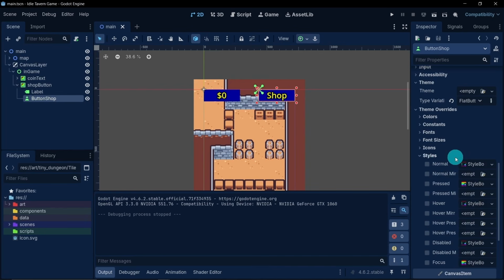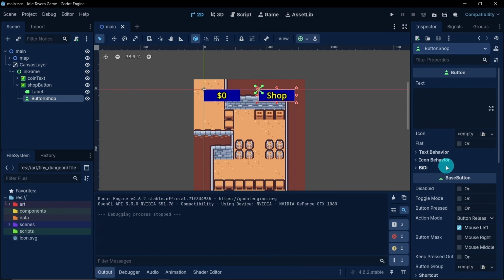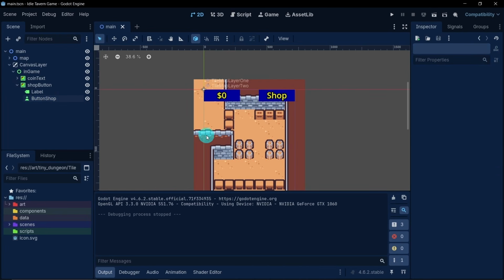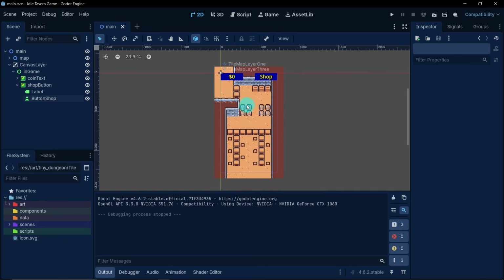But that's if you're using an older version of Godot or if they bring it back in the newer versions. But so far we're looking good. All right, so we have shop button there. I like it. Now some more things we can do, and it's kind of up to you, is we can